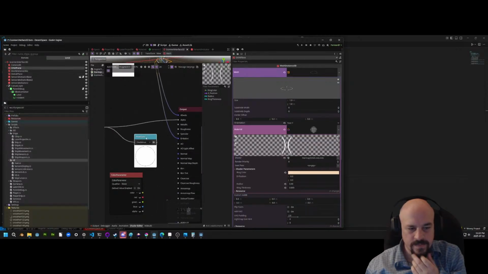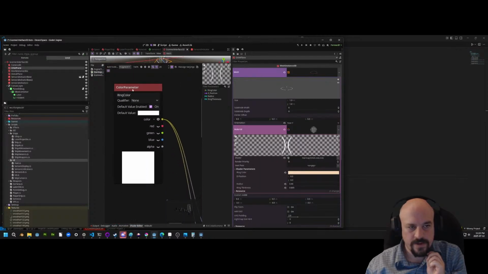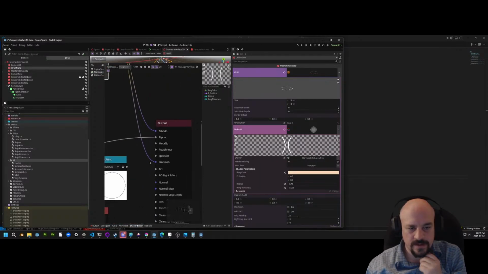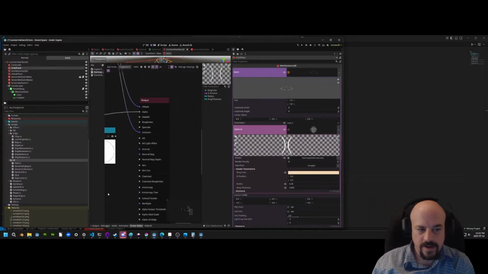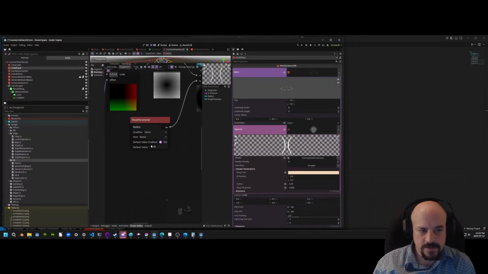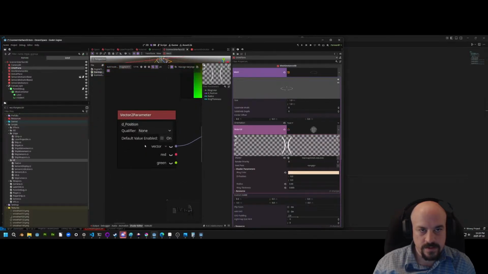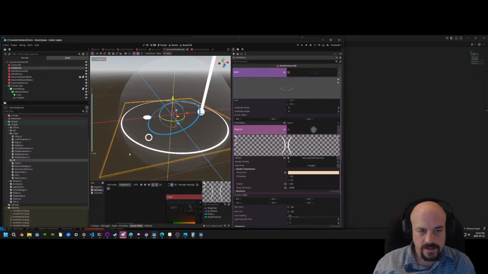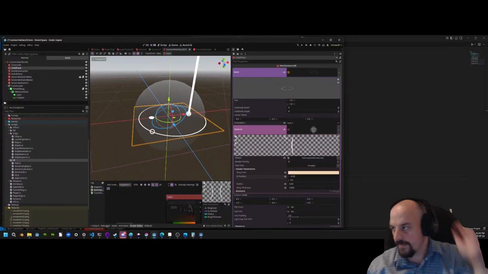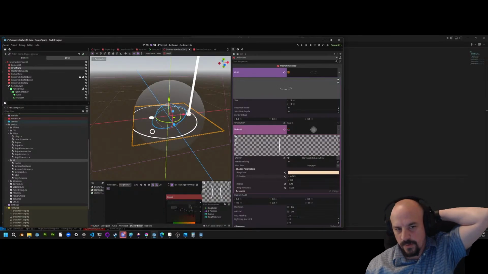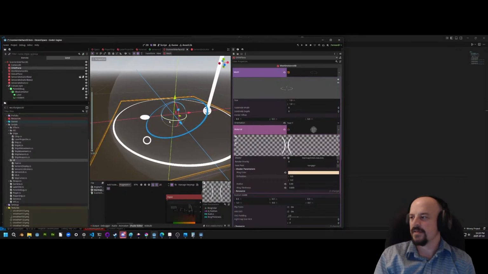I don't remember what I was doing with the 1-. Something I was going to do with some of the color. But we're just taking ring color now and driving it into emission. So it's very simple. I also have UVs exposed here, and over here we have a position exposed, which enables the shader to move. So I could actually have multiple of these on one plane. That's my plan: to make this a little bit more advanced and have a lot